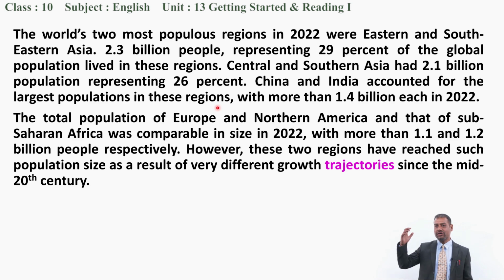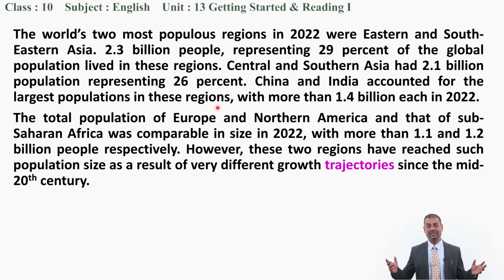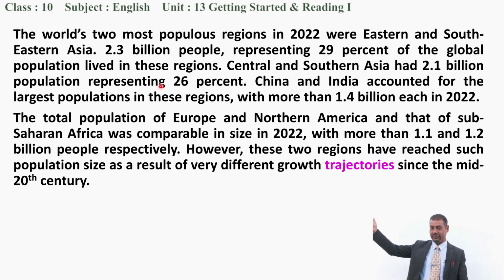You can find mostly populous countries in the world. China, you can see the number. India, you can see the number. And they are our neighboring countries, you know. So with more than, what is the data here? 1.4 billion each year in 2022. Now 23, 24 and some other years, then people will again find out the increasing number of population in